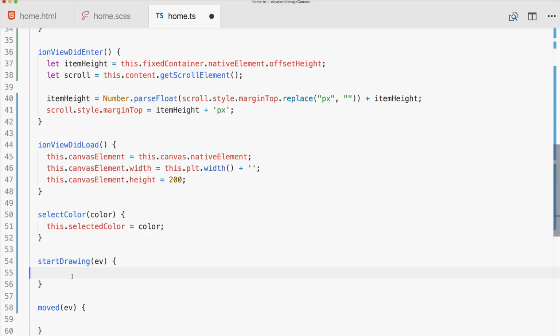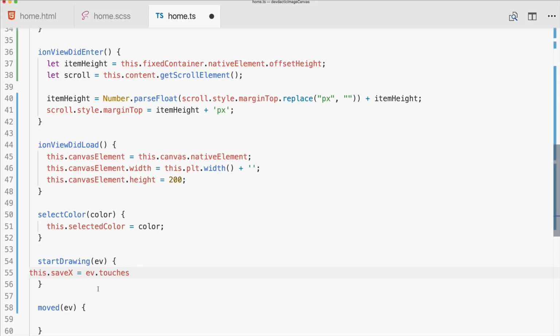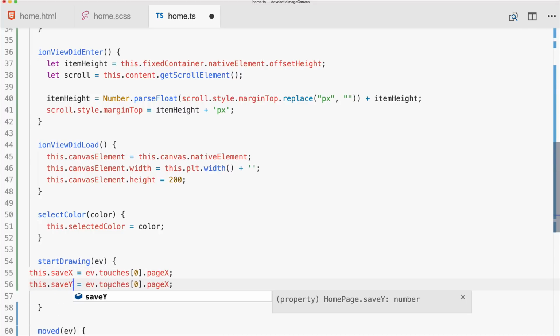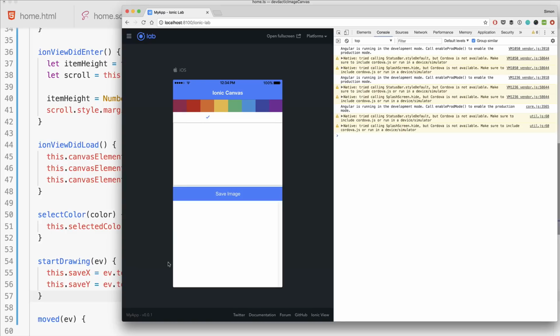Event of course goes there. When we start drawing, we simply set our saveX to the property of this event. So you can inspect the event, and you will see that it will be right here. And also we need to set our initial Y position to this. Now if we use it like this, we will likely run into trouble because the canvas is not completely at the top starting at 0, and we need to calculate in